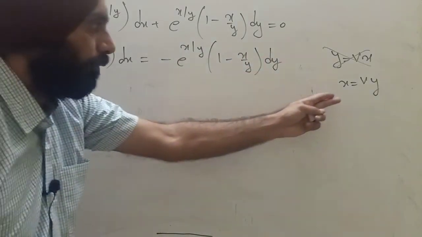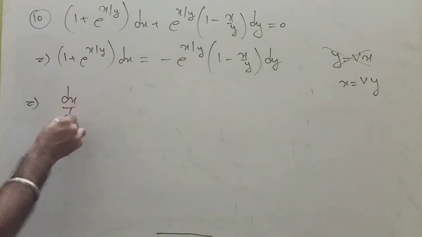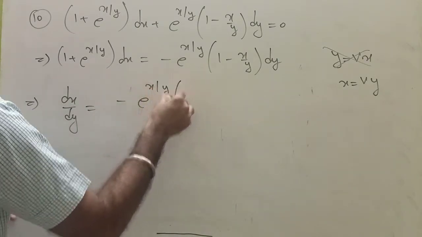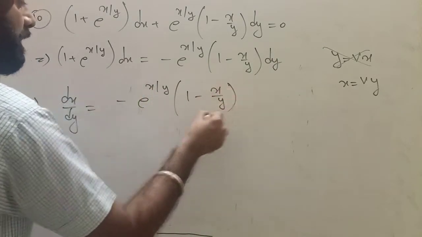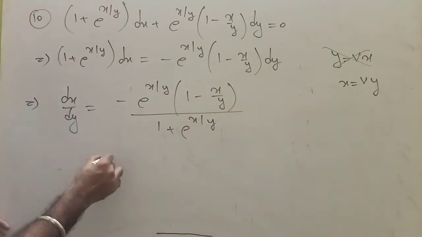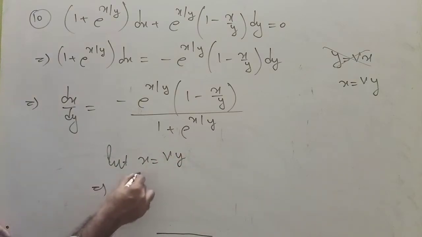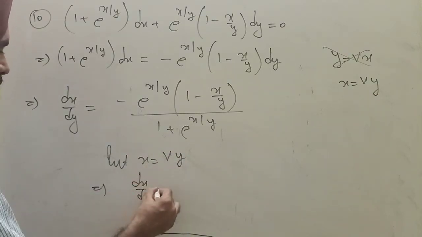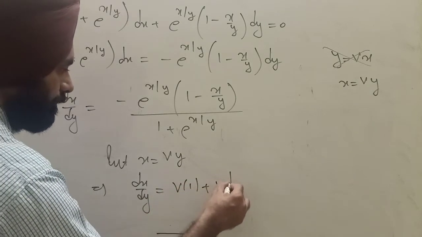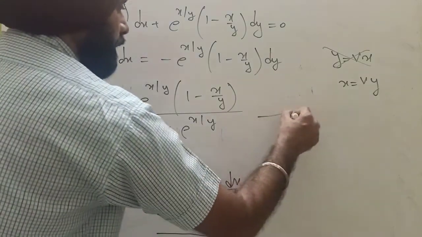Then if we have to put x equal to vy, then make dx over dy. Dx over dy is equal to minus of e raised to x over y, 1 minus x over y, divided by 1 plus e raised to x over y. So now put x is equal to vy, differentiate with respect to y. U into v, first as it is, it's 1 plus y as it is, dv by dy. So equation 1 implies